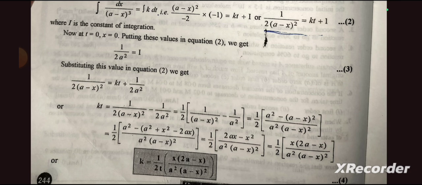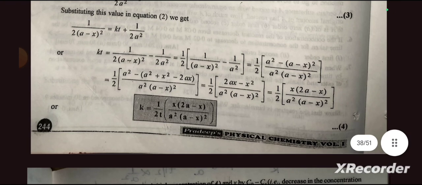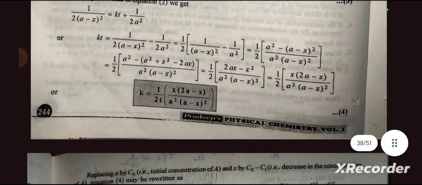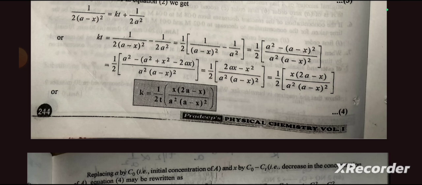Now at t is equal to 0, x is equal to 0. Putting this value in equation 2, we get 1 divided by 2a square is equal to I. Substituting the value in equation 2, we get 1 divided by 2 (a minus x) square is equal to kt plus 1 by 2a square, or kt is equal to 1 divided by 2 (a minus x) square minus 1 divided by 2a square is equal to 1 by 2 into (2ax minus x square) divided by a square into (a minus x) square,